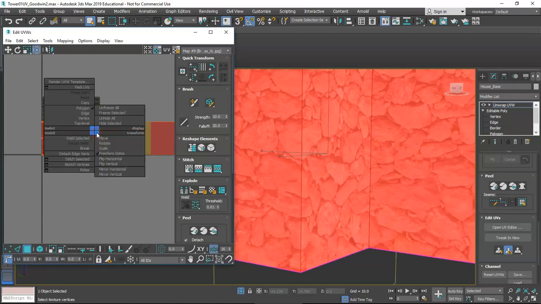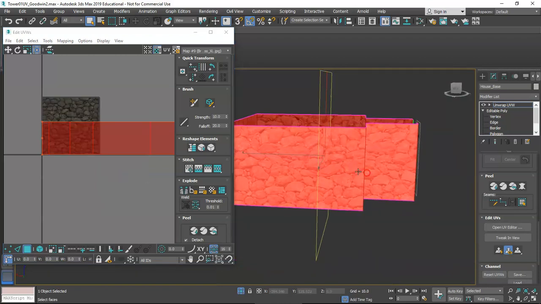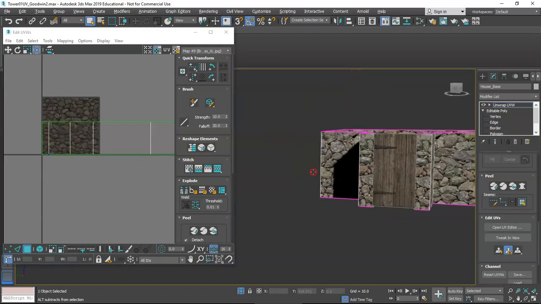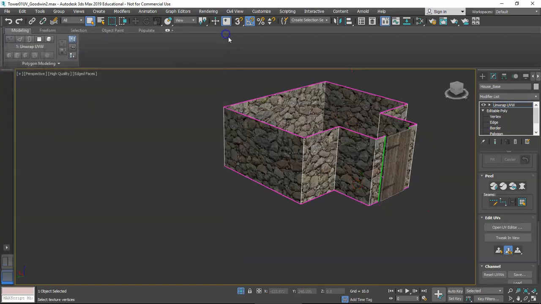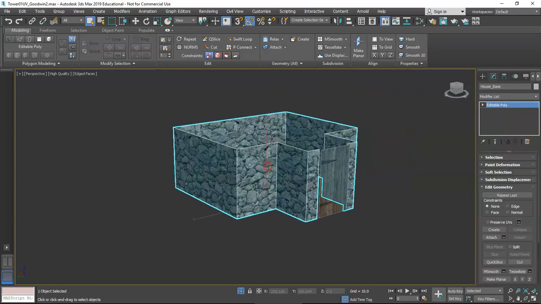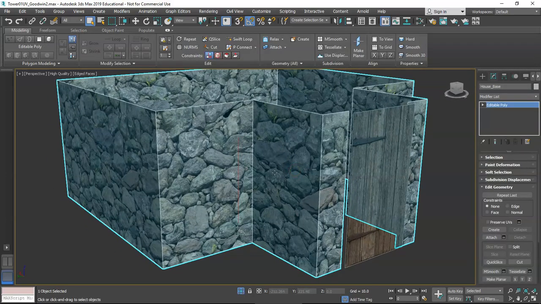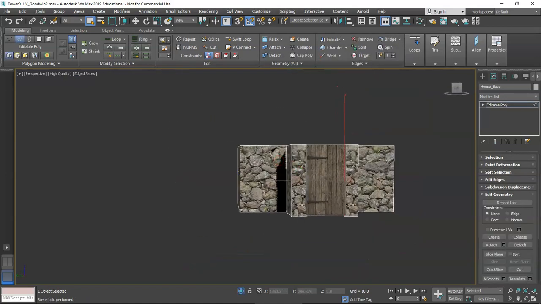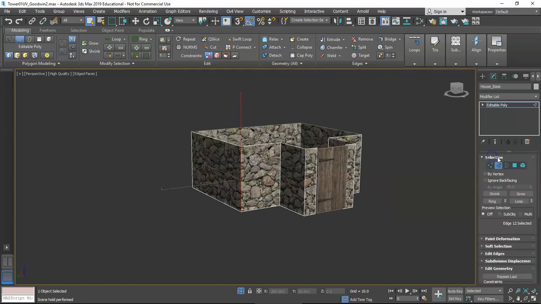And I think I'm going to right click and do flip vertically. There we go. Yeah, now it looks like it's facing a little bit better. Aha! So now we'll go ahead and close that, right click, collapse. That's looking pretty good. Now let's go into edge mode, and we can select one edge, go into our selection